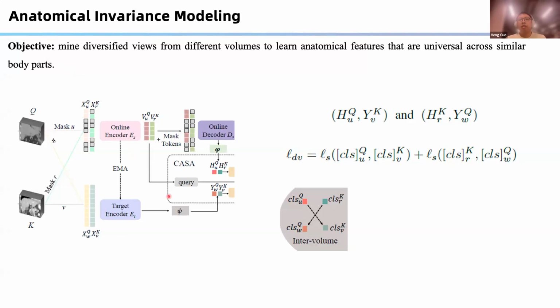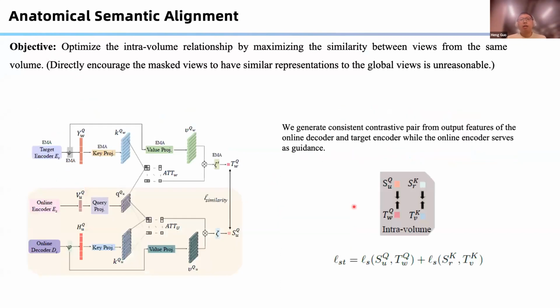In this figure, for example, we use class KV, which is a global average pooled feature from the full view, to supervise class QU, which is also a global average pooled feature, but from the masked view. To fulfill this, for the aforementioned CASA module, we aim to optimize the intra-volume relationship by maximizing the similarity between views from the same volume. The computation graph is the regular attention mechanism, but something to be noted is that we generate